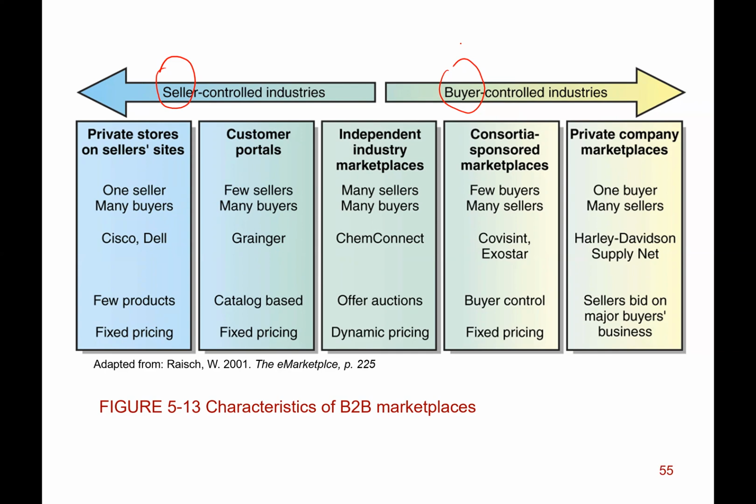But whereas the seller controls the industry, it means there are many buyers, but only a few sellers. So let's say there are actually only 2 sellers in the market, but there are many buyers. Okay, so buyers are looking for sellers. Okay, so the seller actually controls the industry for certain products. Example like online sellers with many buyers like Dell. Dell is one example. But as compared to buyer control industry, buyer control industry means